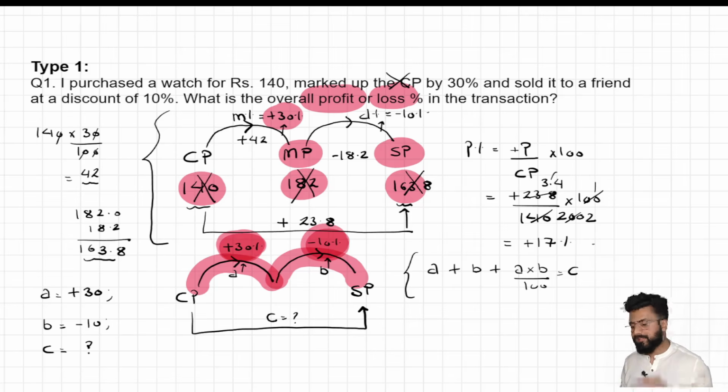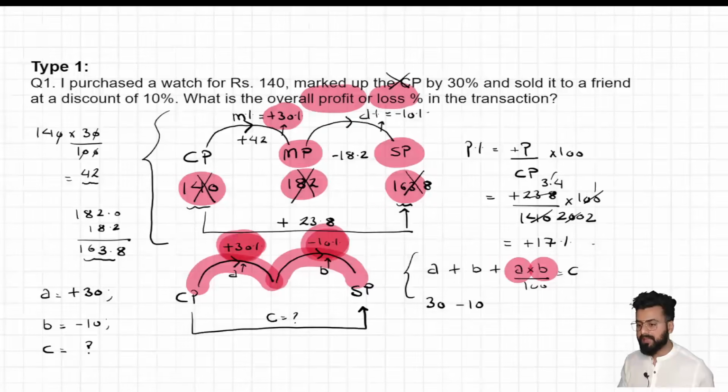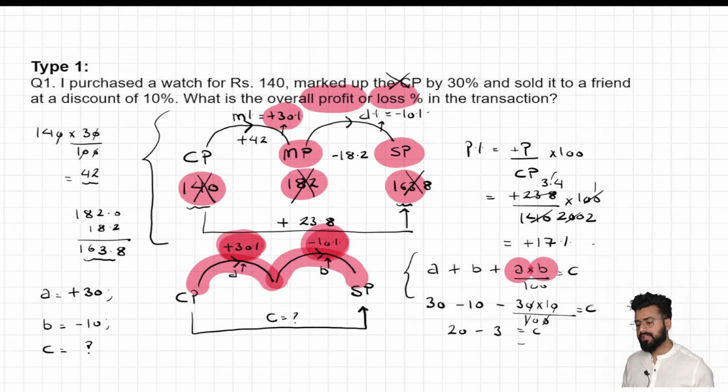Okay, let's plug in the values now. Plus 30 minus 10. A का वैल्यू पॉजिटिव है, B का वैल्यू नेगेटिव है. If I multiply the two, I'll get a negative result. 30 into 10 by 100 equals to C. Do this calculation. So 30 minus 10 is 20, 20 minus 3. And can you see that how easily I'm able to find the same answer, 17%, without getting